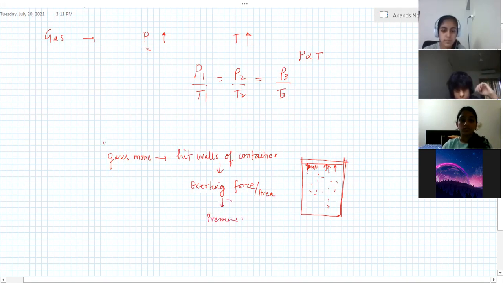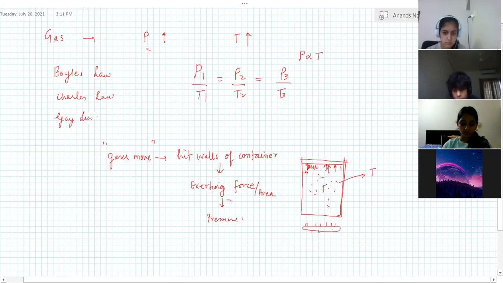Why did the gases begin to move faster in the first place? Because you lit a fire. You put temperature under them, right? That means he has given the relationship between the pressure exerted by the gas on the container and its temperature. If you have more temperature inside, you will have more pressure on the container. So now we have three laws. You have Boyle's law, you have Charles' law, and now we have what is called Gay-Lussac's law.